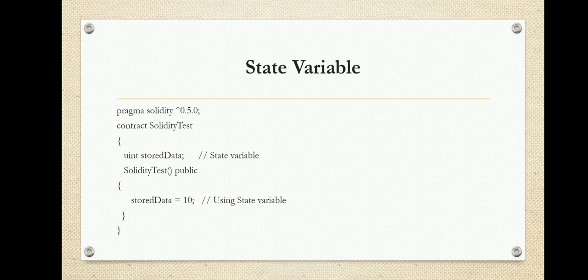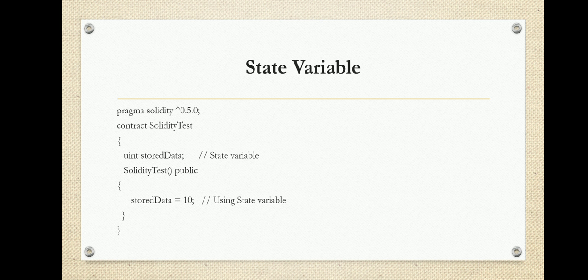Within the contract we have a variable declaration. If you are declaring variables after the contract, this is a state variable, which we have defined in the contract space. We have defined the variable storedData, and its data type is unsigned integer. After the variable declaration, we have a function. Yes, we have declared the state variable. The state variable name is storedData, which belongs to the data type unsigned integer.